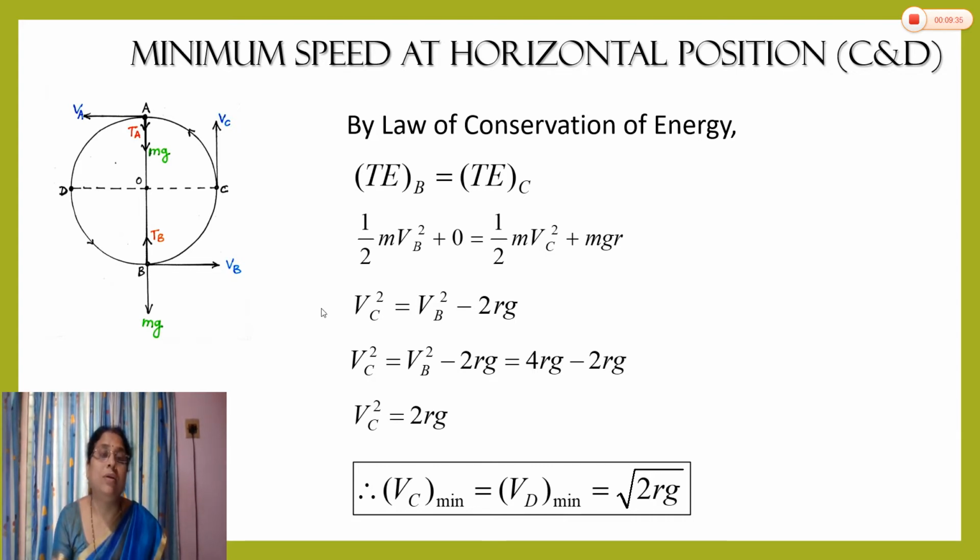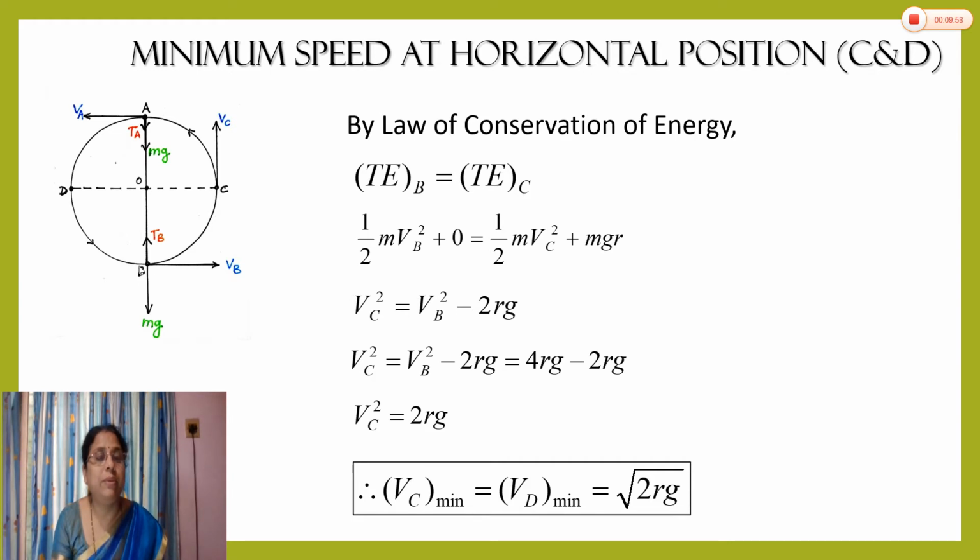Again recall, what is the minimum speed at point C in case of string? When the bob is attached to a string and whirled in a vertical circle, what is the minimum speed at this point C? Can you recall it? You must recall it. It is under root of 3Rg. Now we obtain the velocity at every point. Velocity at point A, V is equal to 0 here.